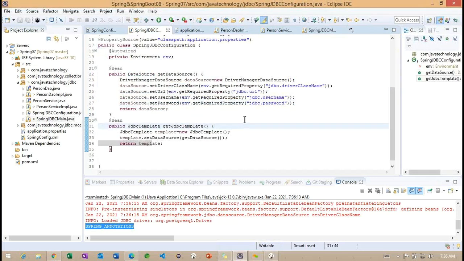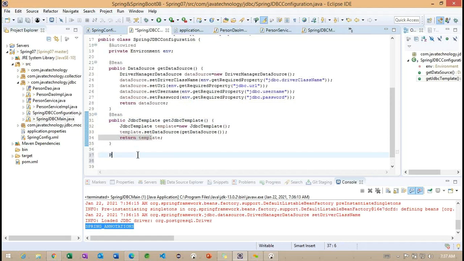So to work on the named parameter, what are the steps we need to specify here? In the JDBC template, we have to use the named template here.